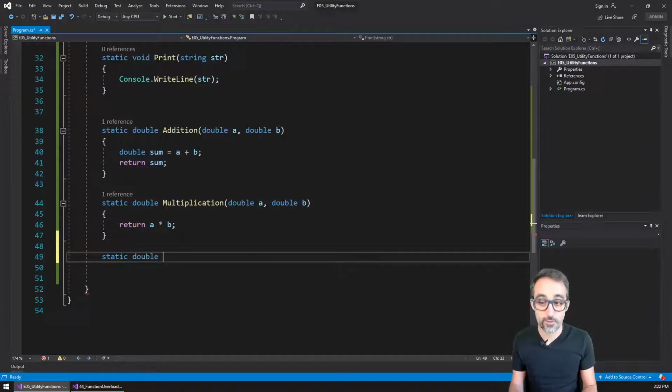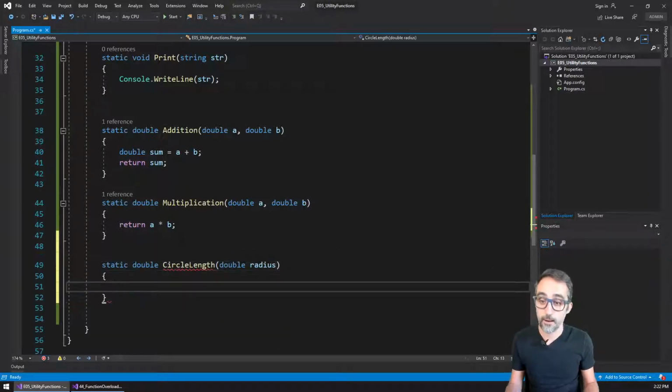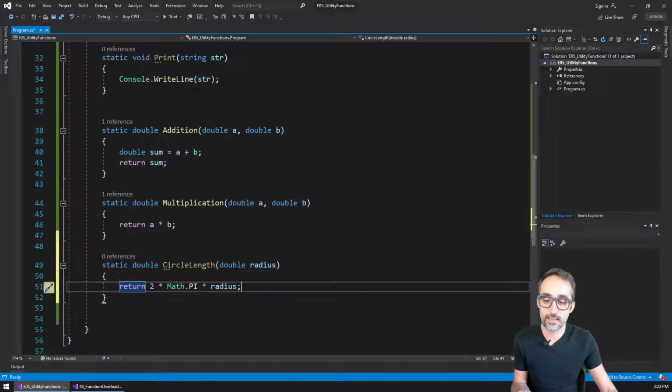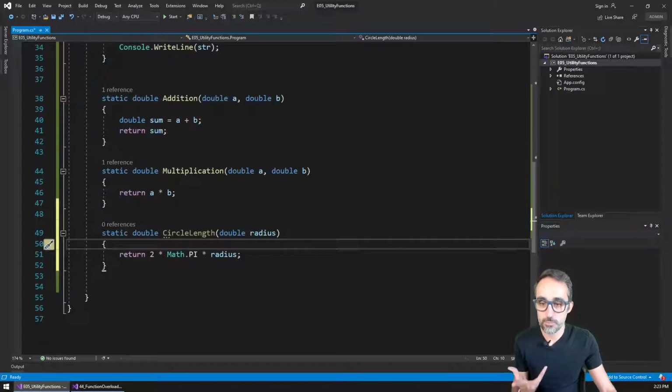So this is going to return a double, and this is going to be, for example, circle length, and the input is going to be the radius, right? And the return of this, I'm also going to write it inline, okay? This is going to be 2 times math pi times the radius, all right? And actually, when the function is so simple,